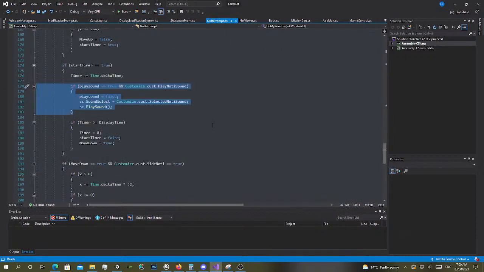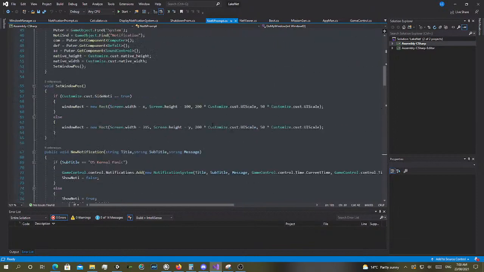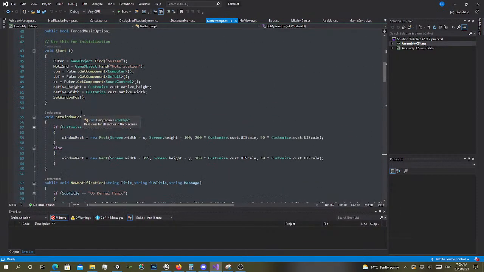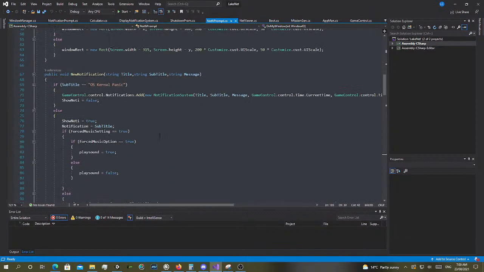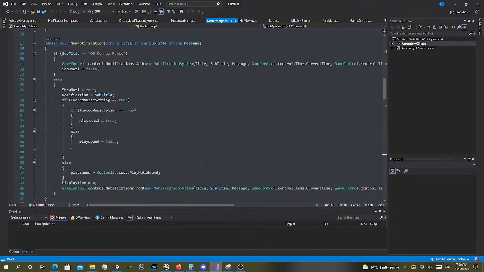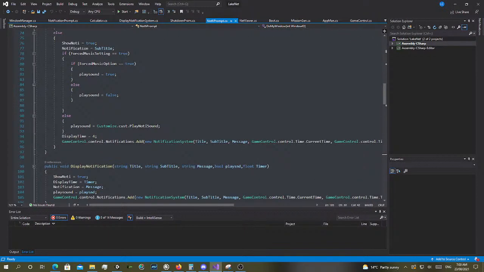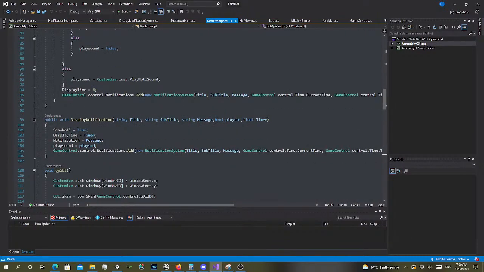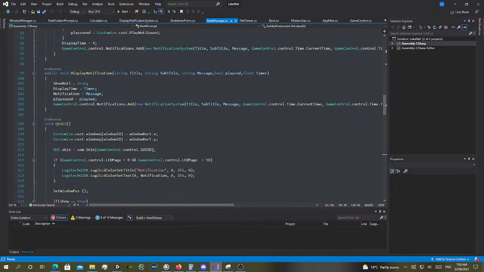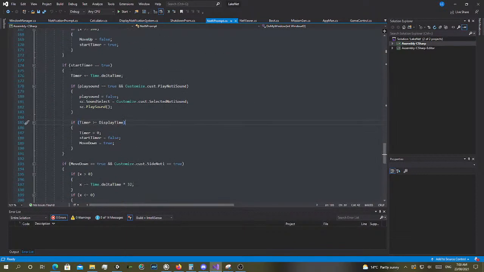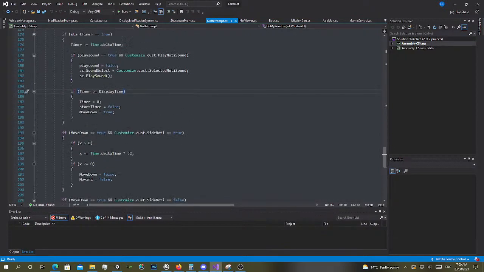This is really funny. So this is the old system, pretty much variables all over the place. We're setting Windows position. We've got an entire function dedicated to creating a new notification and checking if it's a kernel panic, do this, otherwise do this. We're displaying notification with the new constructor system that I just made, and we've got this massive movement system that was just